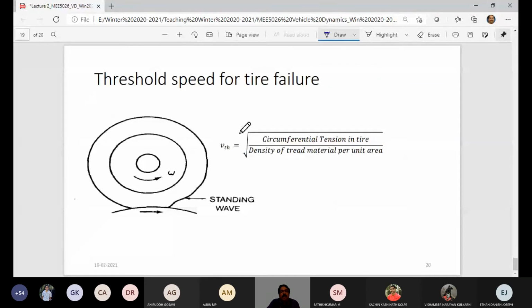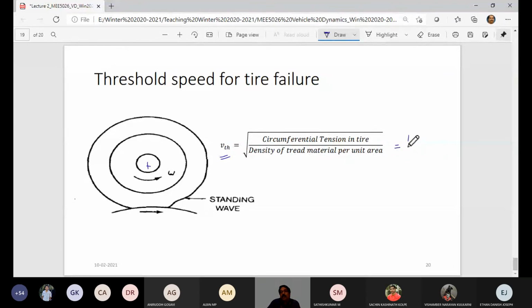And then this is another important thing that I was talking about, as the tire is of a highly damped nature, there are speed rating indices beyond which you are driving at the critical speed, called the threshold speed. And what would happen? There would be a permanent standing wave formation. So how is it obtained? It is obtained by the ratio of circumferential tension in the tire,